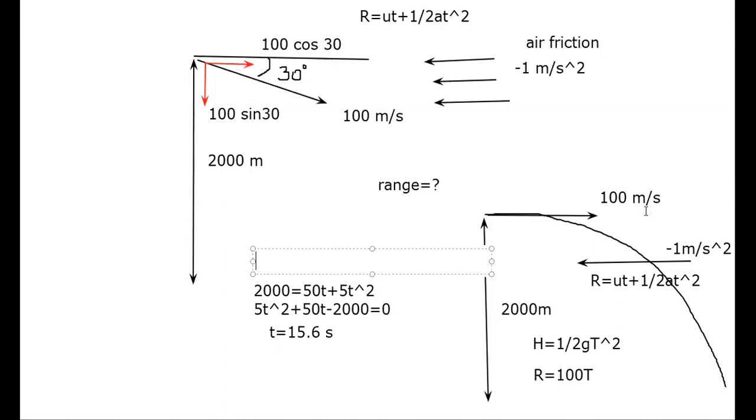Okay, but if it is given that it is at some angle, then we split it into two components. One component will get added with your gravity, the vertical one, and one with the horizontal. Yeah, that one. Okay. Thank you, sir. Okay, so let's go back to the worksheet.